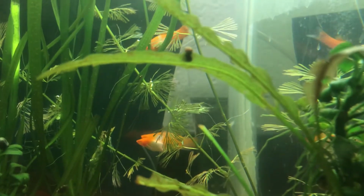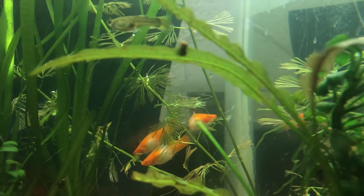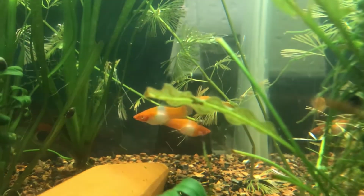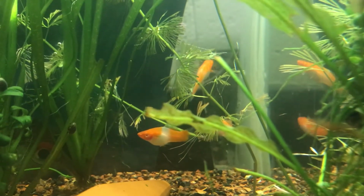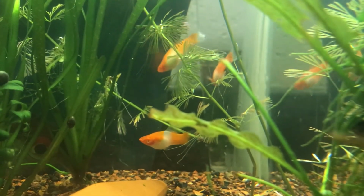Eventually, probably once I get these going, will I try and sell them at local fish club auctions? Yes. Will I talk to my local fish stores and see if they want some for store credit? Yes. Will I be offended or surprised if they don't want them for store credit? No, not at all, because, lesson people, you all need to